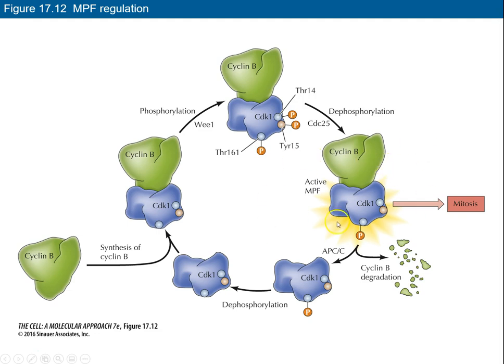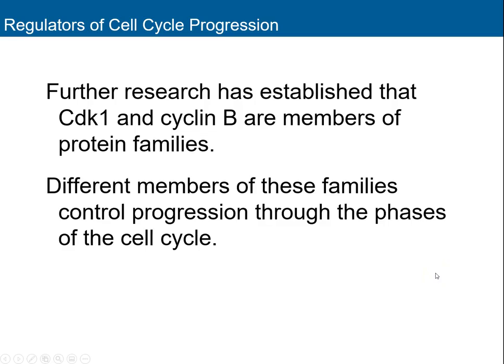So this is when it's in this active state. So it needs to be complexed. So cyclin B and CDK1 need to be in a complex. CDK1 needs to be phosphorylated appropriately in order for this to occur. Okay. And so you can see there's various points in this pathway where things can be regulated. Okay. From here. All right, so it says, further research has established that CDK1 and cyclin B are members of